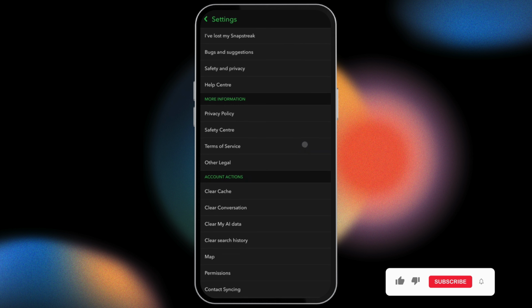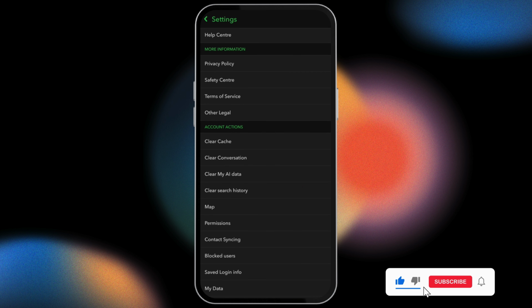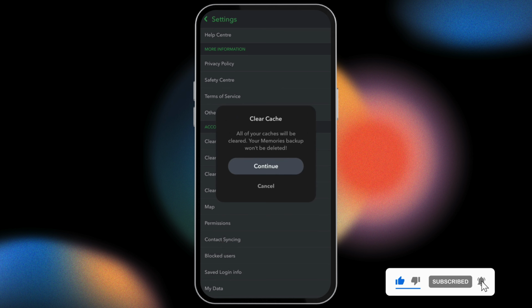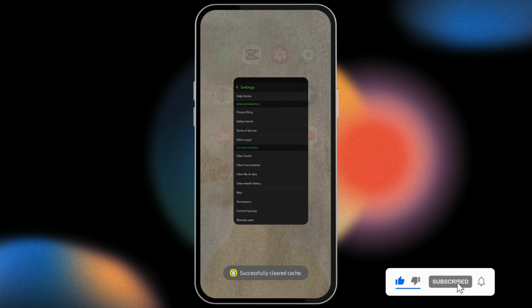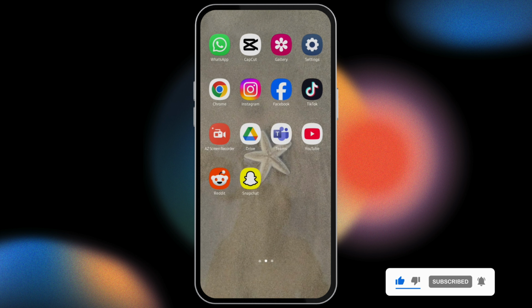Now scroll below again and then you will see clear cache under account actions. Tap onto it and continue. And likewise, it will erase all the cache. Now restart your device, launch your Snapchat, and this shall